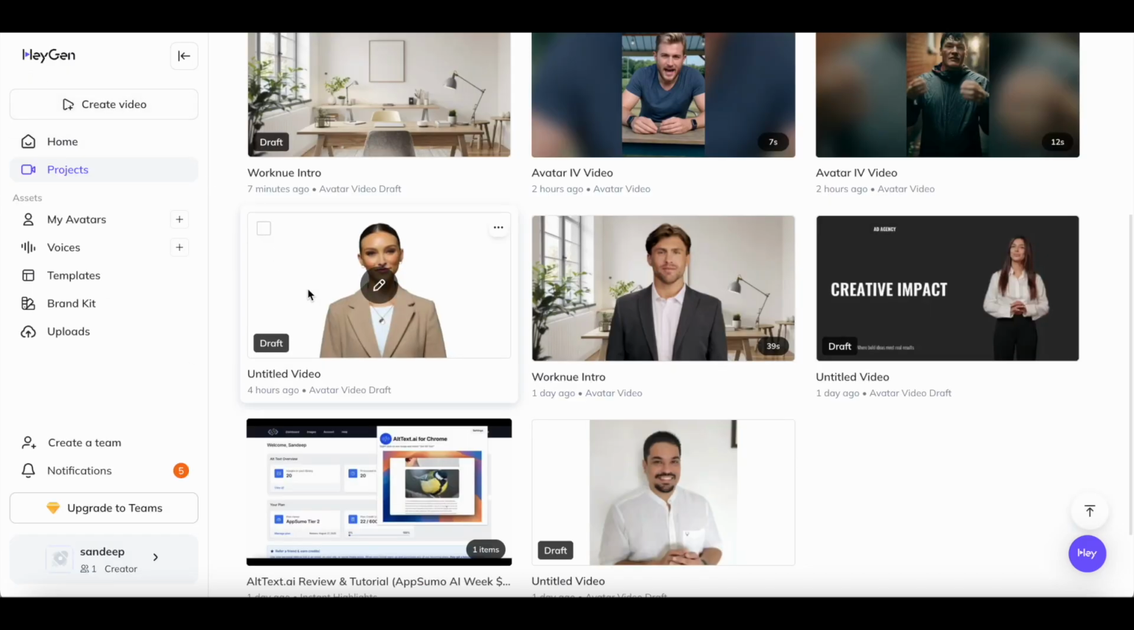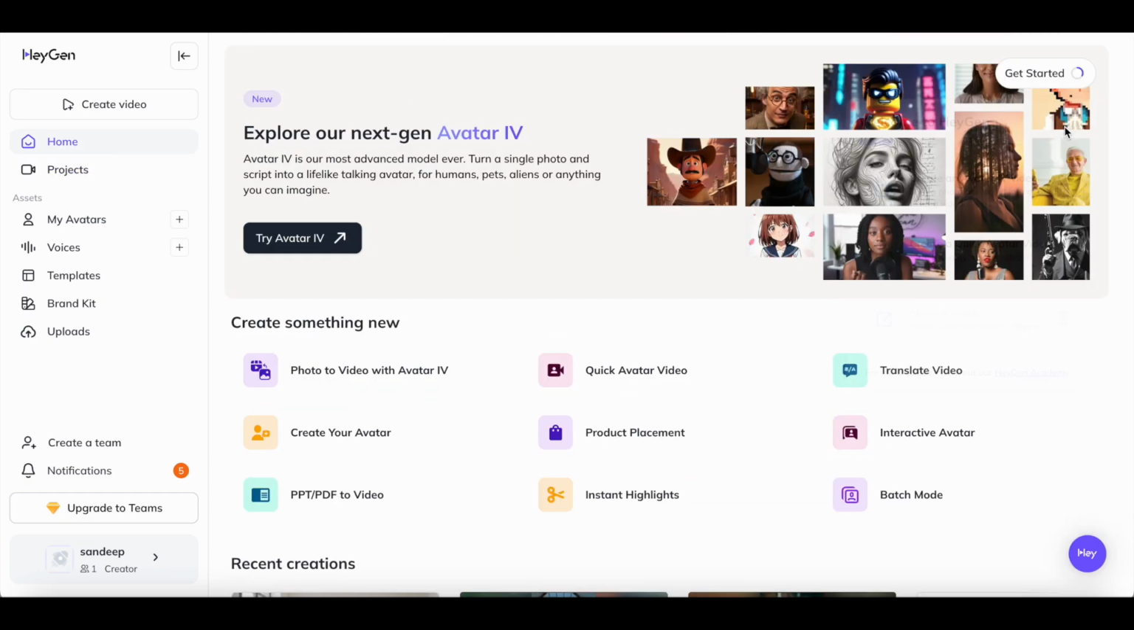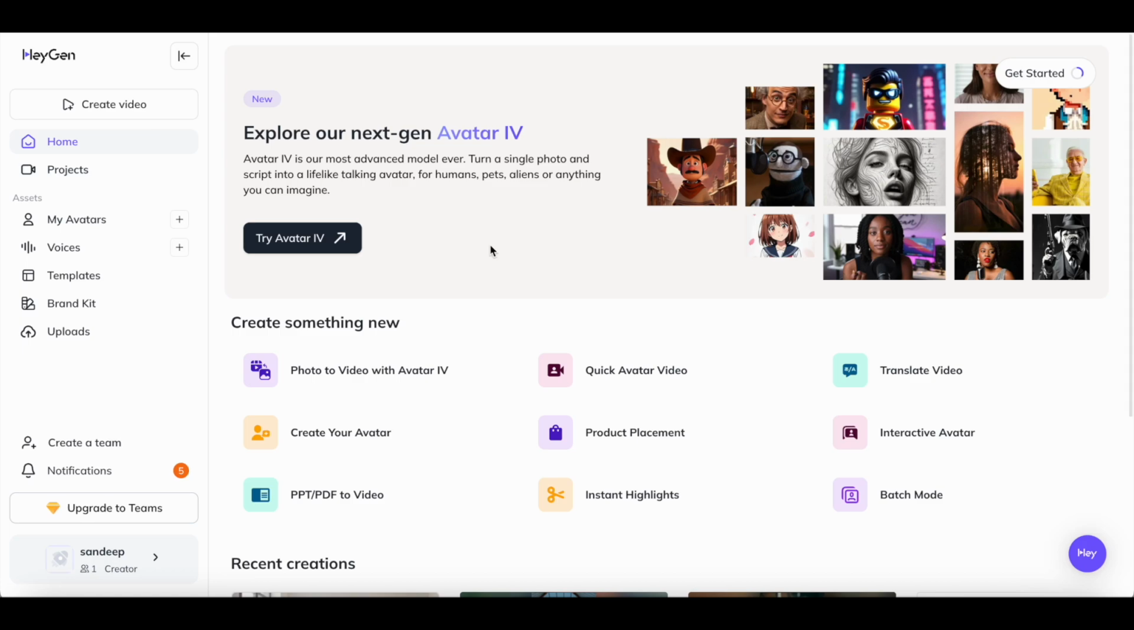I'm pretty sure by now you would have got a fair idea as to how you can use the tool. There are two ways you can do it. You can just directly jump into Avatar 4, which is their latest model, or you can go through the regular style. If you want to create landscape videos, then you can just start creating video from scratch by hitting the create video button. So that was just a quick demo of how HeyGen works,